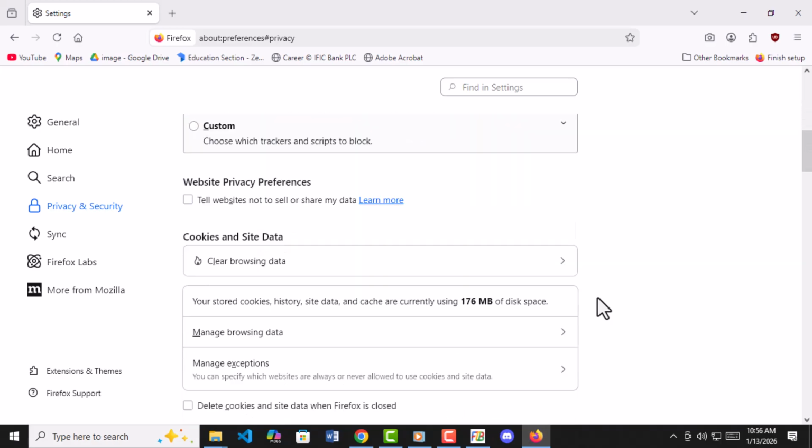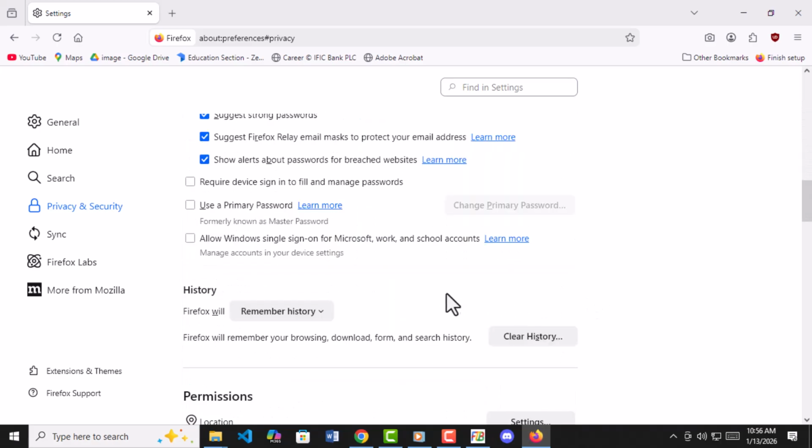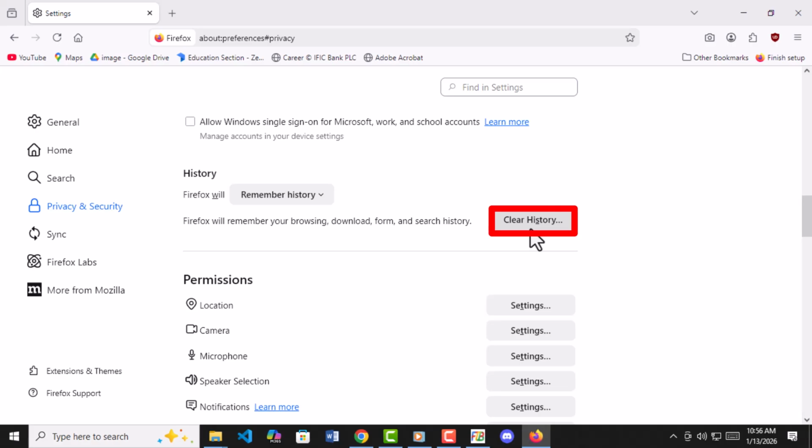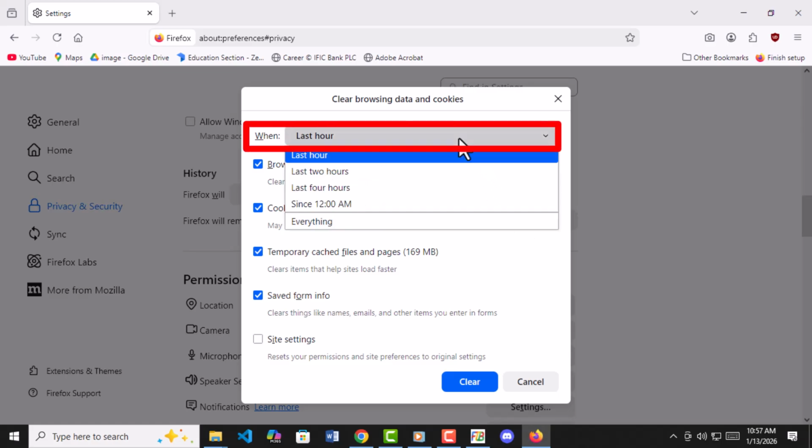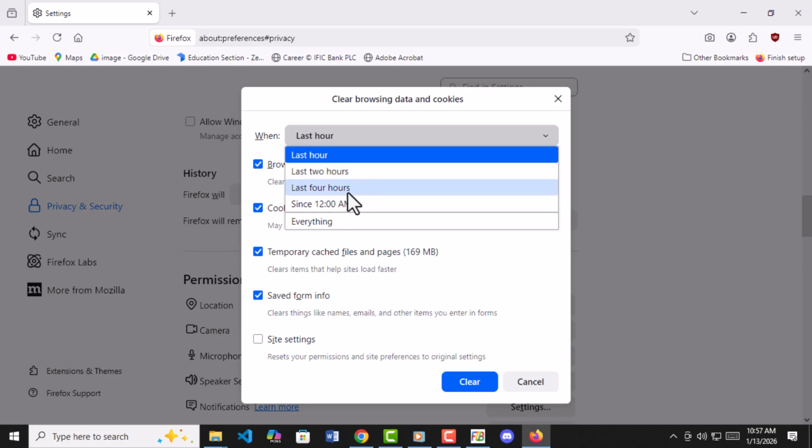Step 4. Scroll down to the History section and click Clear History. This option allows you to remove stored cookies and cached files. Step 5. Click one option. A drop-down menu appears. Select the timescale, how many days or months you want to remove the cookies and site data